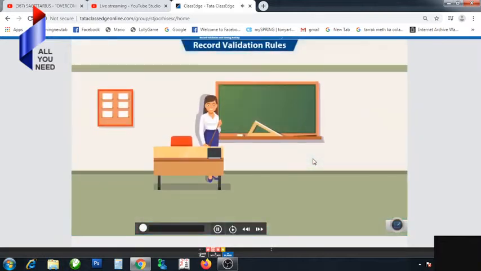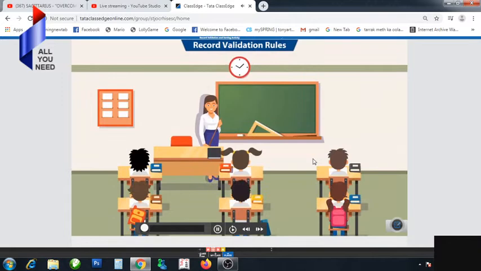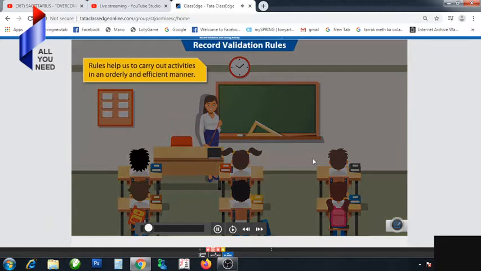In school, you follow certain rules enforced by your teachers and principal. You wear school uniform, you come to school on time, do your homework regularly, and so on. These rules help you to carry out the